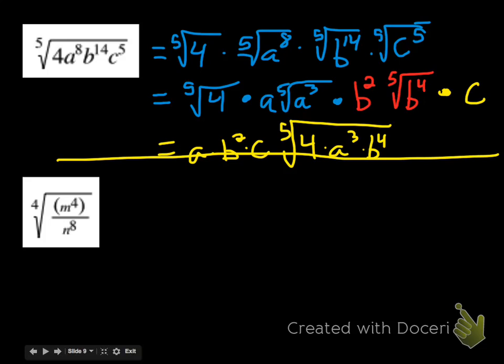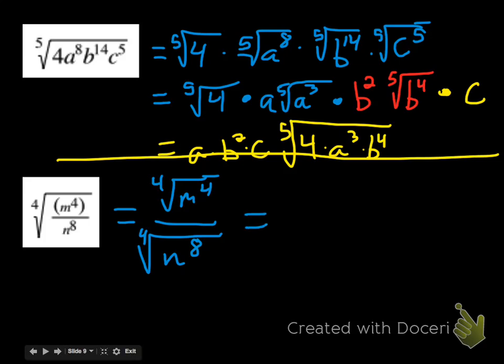Now the first thing I check is, can I simplify this stuff underneath the radical at all? M to the 4th, n to the 8th. Can I simplify that at all? No. I've got different bases. I've got different exponents. I don't think there's anything I can do to that. But I can rewrite this as the 4th root of m to the 4th divided by the 4th root of n to the 8th. Okay? And I think that'll be really helpful,